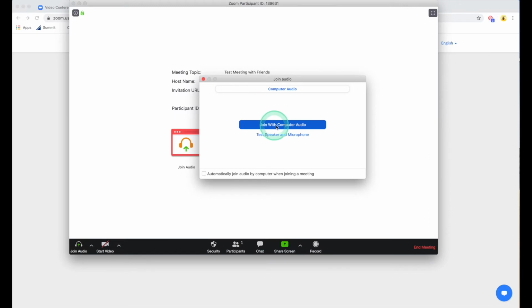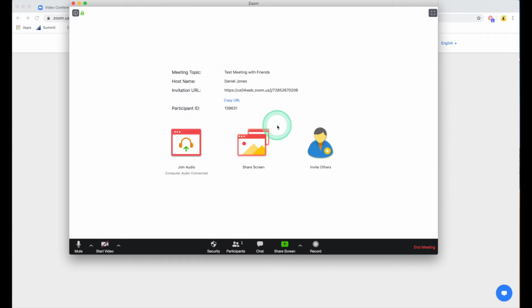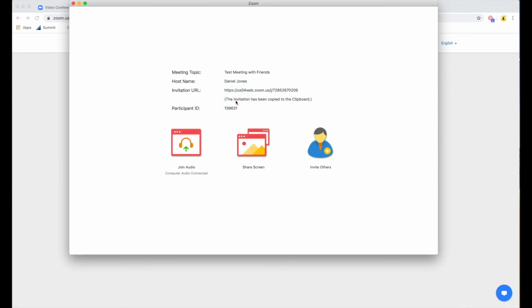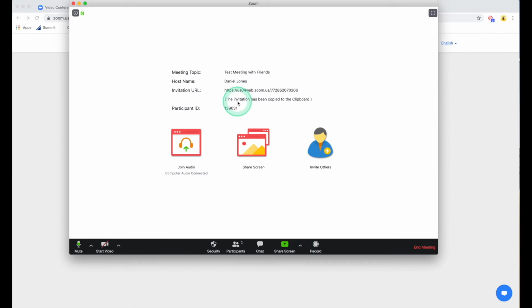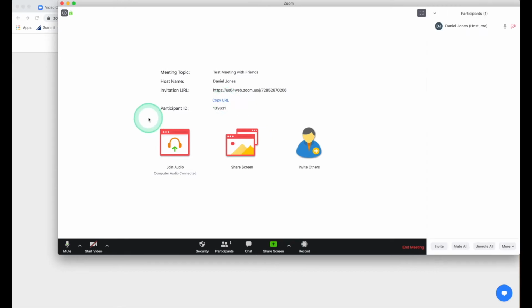I'm going to go ahead and click on Join with Computer Audio. I can copy a link to this meeting. If I want to do that, I can copy it, and then I can paste that link into an email. What I'm going to do next is go into my email and paste that meeting link into an email to